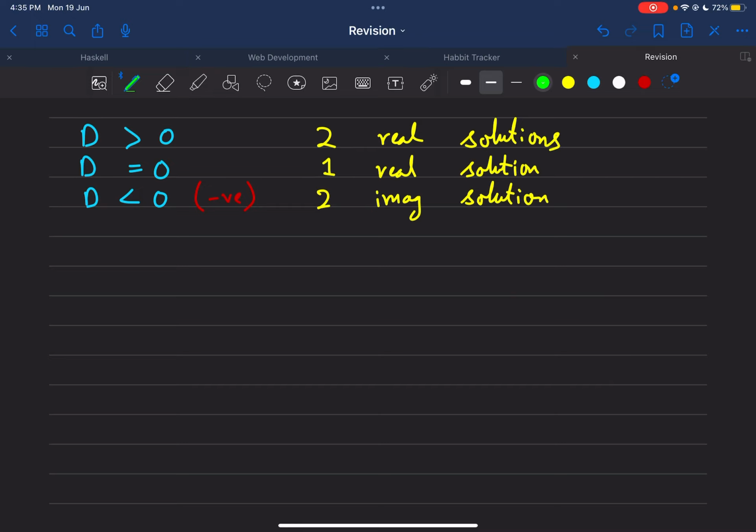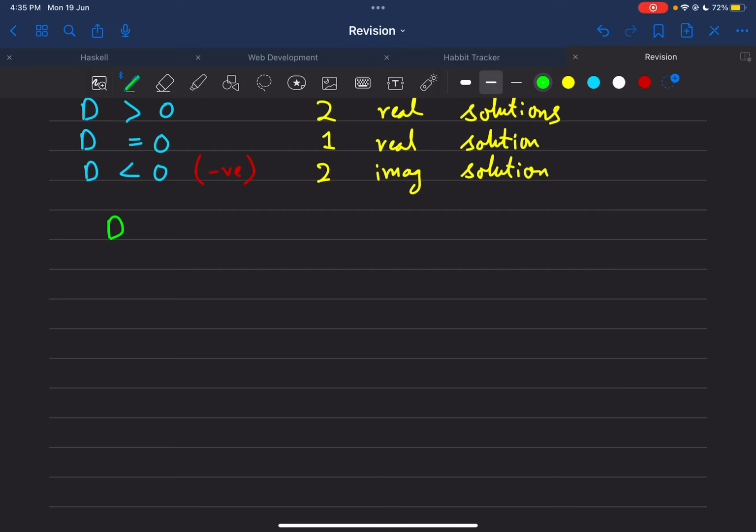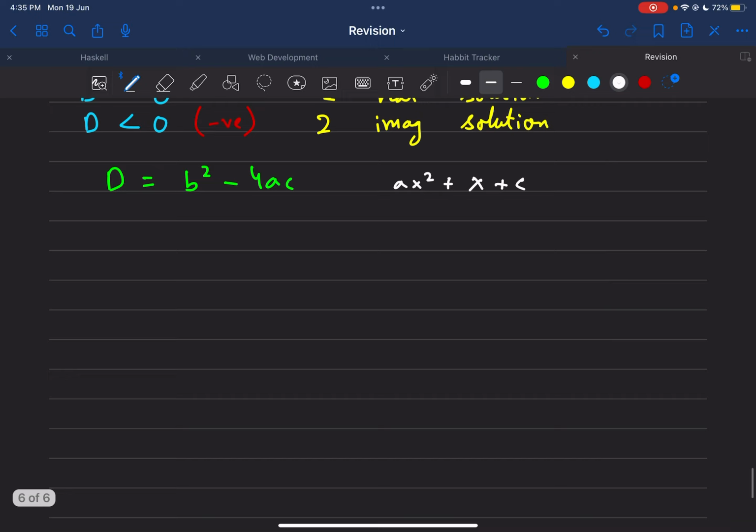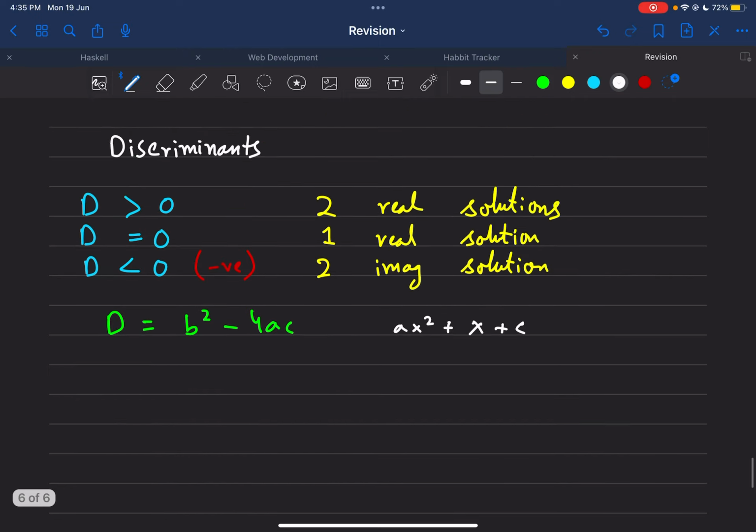And the formula for the discriminant, which is denoted by D in this video, equals b squared minus 4ac in a standard quadratic equation, which is ax squared plus or minus bx plus c. So you just use this as a plus. There we go. So we're going to have 3 examples,